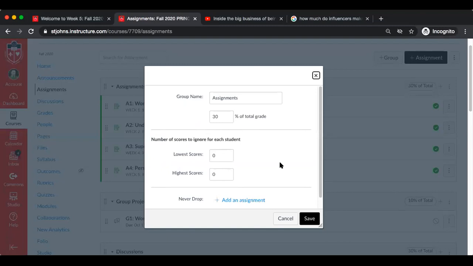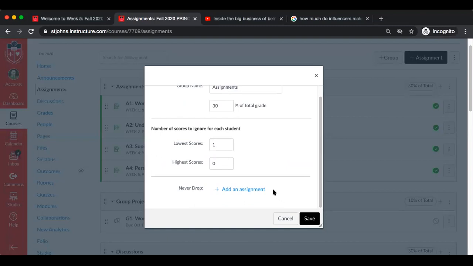You could change the name, and right here, and I don't really tell them up front, but I can get rid of the lowest score. Okay, and then I like this little function, which is pretty neat. If there is an assignment out of the bunch that you don't think they should have the option of dropping in terms of a score, then you can identify one of those. So for instance, if I think personal branding is absolutely the most important thing that they are doing in that grouping, and I don't want them to be able to drop that grade, then I can just select that. I don't have anything that's that important at this point, but